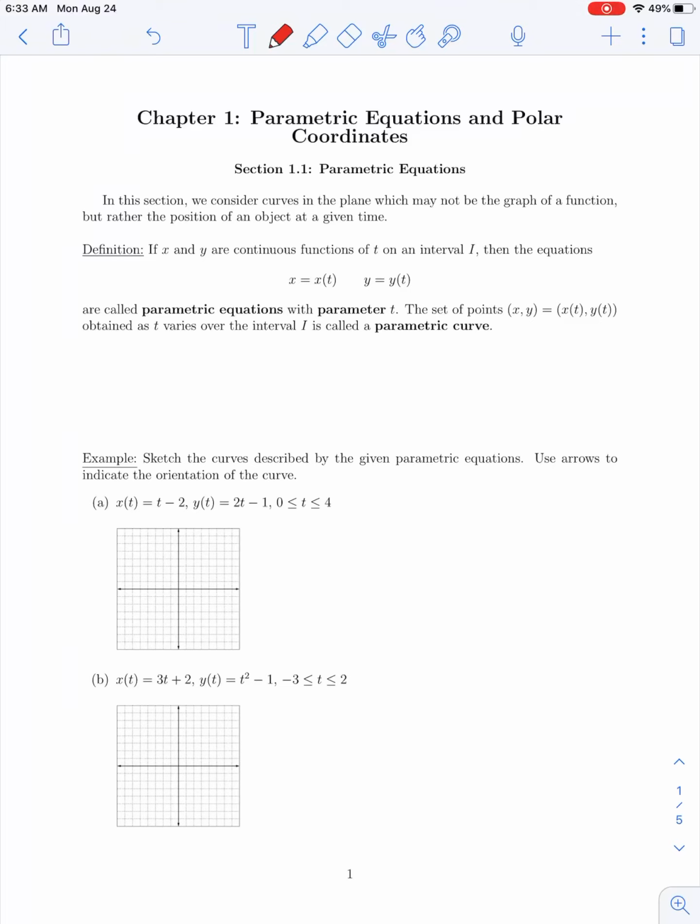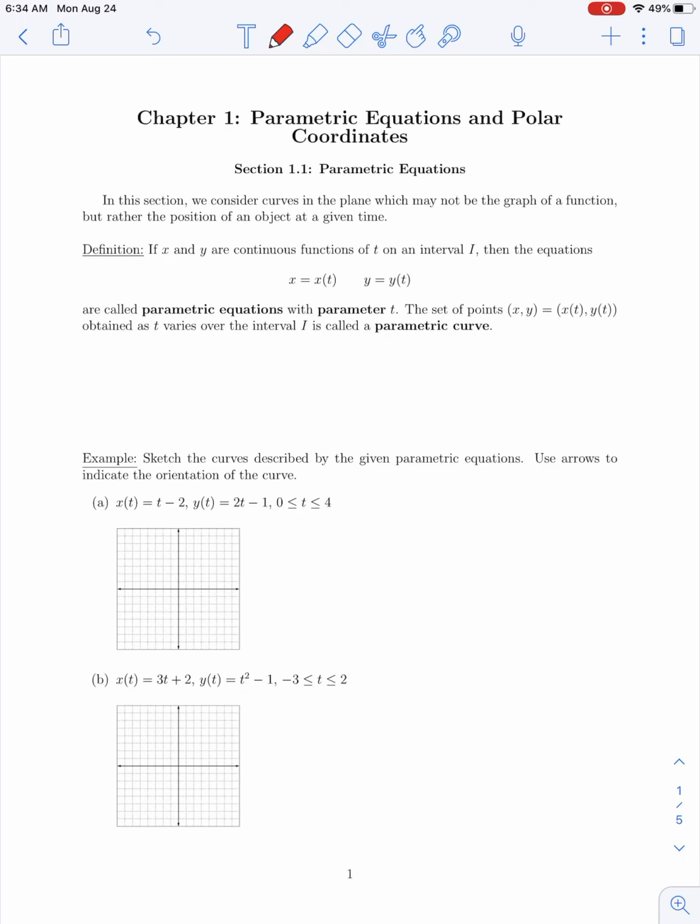Okay, in this lecture we're going to start our Chapter 1 material on parametric equations and polar coordinates. And in section 1.1, we will talk about specifically parametric equations. So parametric equations are going to be used to describe curves in the plane, which may not be the graph